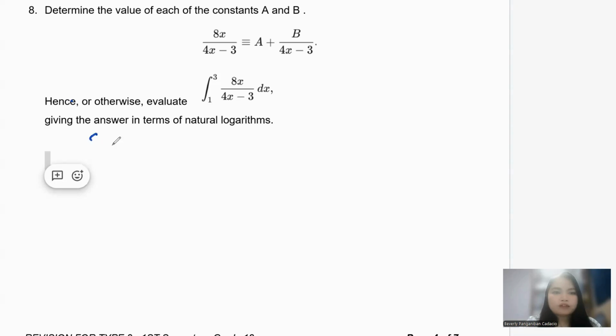What I will do is 8x is equal to, again, multiply that. That will be A multiplied by 4x minus 3. And you don't have to multiply anything to your letter B. If I'm going to use comparing coefficients, you're just going to look at this one. Let's find everything with the x when you expand the right side. And you know that the only x you will have here is this 4x multiplied by A. So 8x is equal to A times 4x, right? But actually, you can just disregard the x there. So you can just divide both sides by 4.